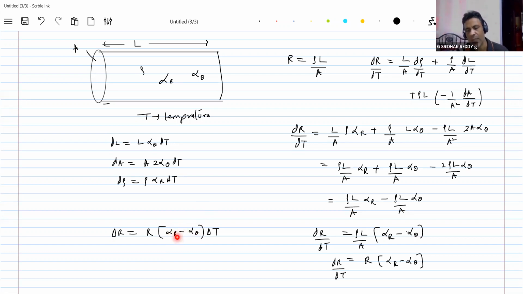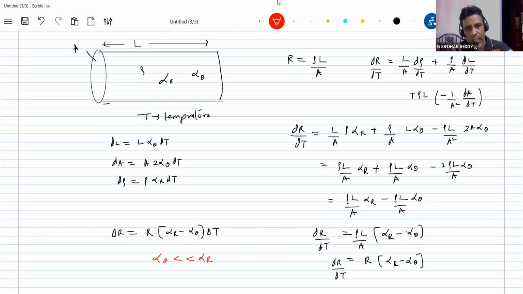What is alpha? Alpha is something about the collision of the drifting electrons with the atoms. When we compare both, practically when I check it, alpha theta will be very much less compared to alpha. That's why in all our resistor problems, we didn't bother to consider the changing dimensions of the conductor due to change in temperature. Because when you are measuring the change in resistance, alpha theta, practically, will be very much less than R. That's why.